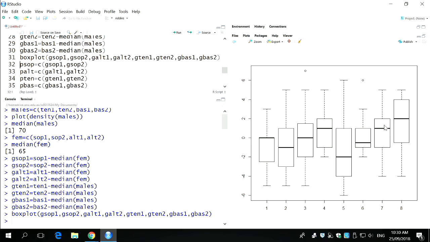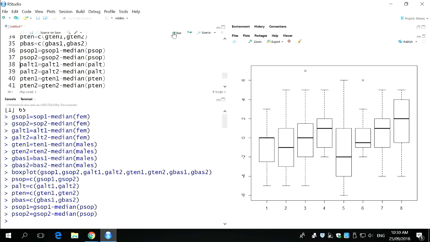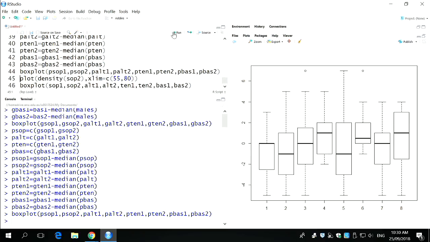So now what we're going to do is remove that bigger pitch effect, but you have to be careful about the way you do it. You can't just remove the mean of pitch because you've already removed the grand mean, the mean of gender. So you actually have to look at the means of the corrected values, or the medians, I should say. That's what I'm doing here. It's a bit of messing around, and then you get this box plot. So this is now corrected twice, once for gender and once for pitch.